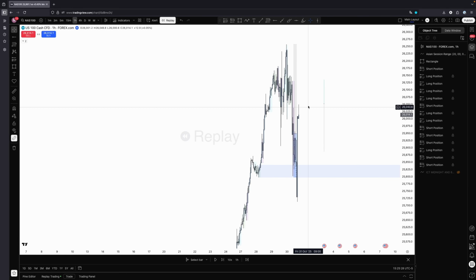Look at this on the M3. We close below. I personally would have waited for this additional candle, and then I would have market executed here for sure to target this, just the opposing session low, and this is exactly what happens. I was focused on EU today. EU was very close to giving an A-star setup today, but if it wasn't for that, I think I would have taken this. I mean, it's always easy to say in hindsight, but this is exactly to my plan,